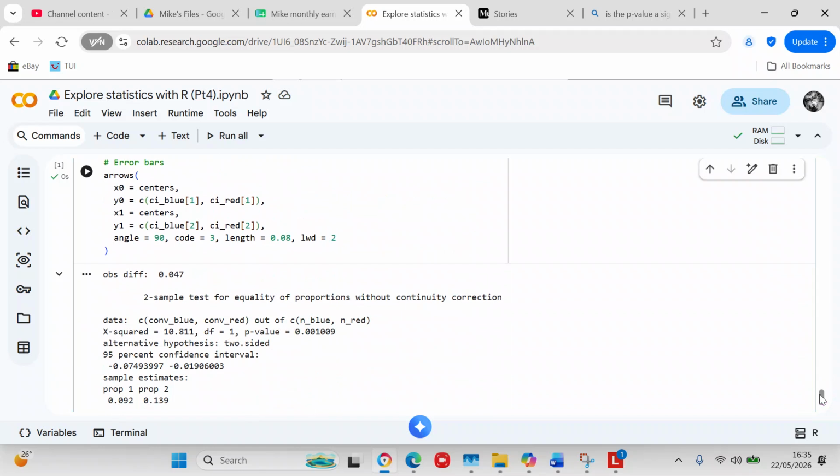So this is a two-sample test for equality of proportions without continuity correction. Data is a vector containing conv_blue and conv_red out of a vector of n_blue and n_red. And X-squared equals 10.811. Degrees of freedom equals 1. You calculate your degrees of freedom by taking the number of samples, which is 2, and subtracting 1 from that. So 2 minus 1 is 1. The p-value is